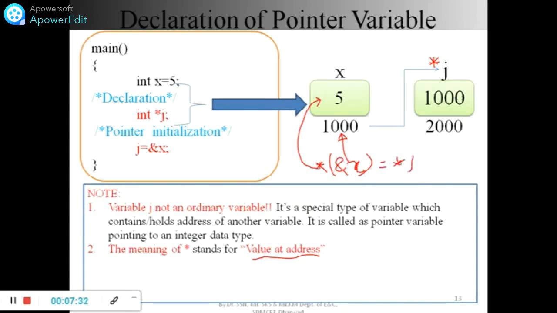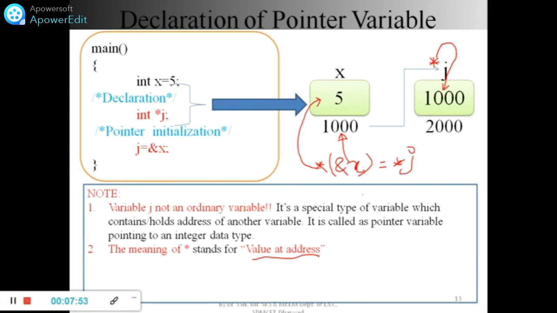What is j? j is nothing but ampersand x. It stores the address of this x, and this star indicates value at this address.